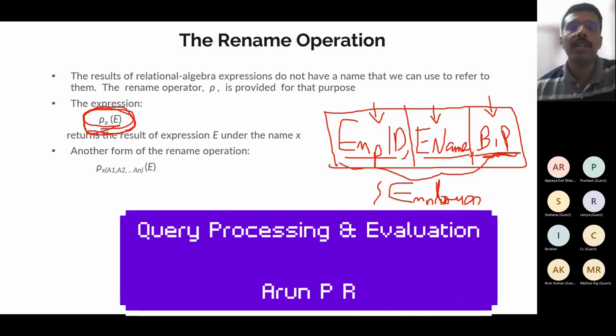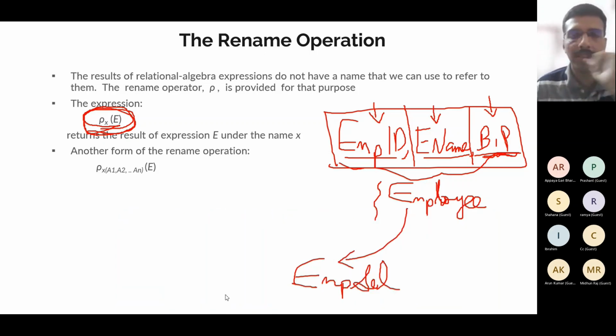So basically, usually if you see any standard textbook of the DBMS, this query processing and optimization will be coming much later. But why I'm taking it now is that you can directly relate it with the relational algebra that we saw right now. So that is why I am bringing that up pretty early.